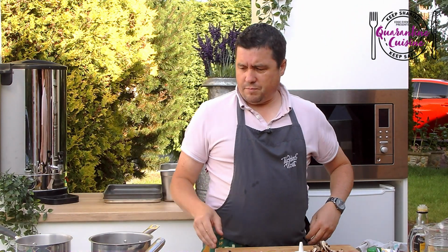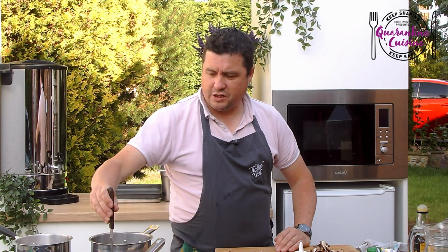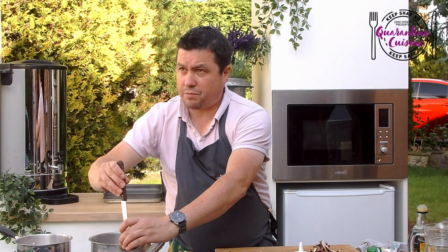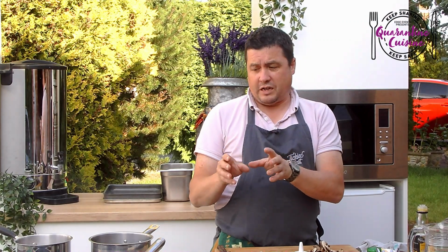So, the Jersey rolls are cooking nicely. What I like to do with my Jerseys is cook them so they're just not quite done yet. I like to have them almost so they're quite firm, al dente, and then leave them to rest in the hot water. So the residual heat cooks them through, and they seem to be just right. I like that little bite to them as well, because